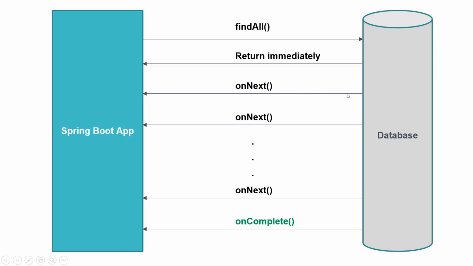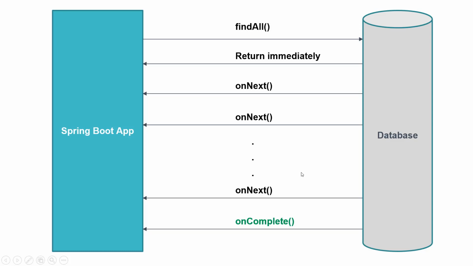Now let's understand how data flow happens from the publisher to the subscriber. As I said earlier, everything in the data flow happens with the help of events. So here we have 10 records in the order table that we have asked for. For the first row, basically the first record, there will be an onNext event. Now this is another onNext event, for another record, basically the second record. Likewise, there will be n number of onNext events.